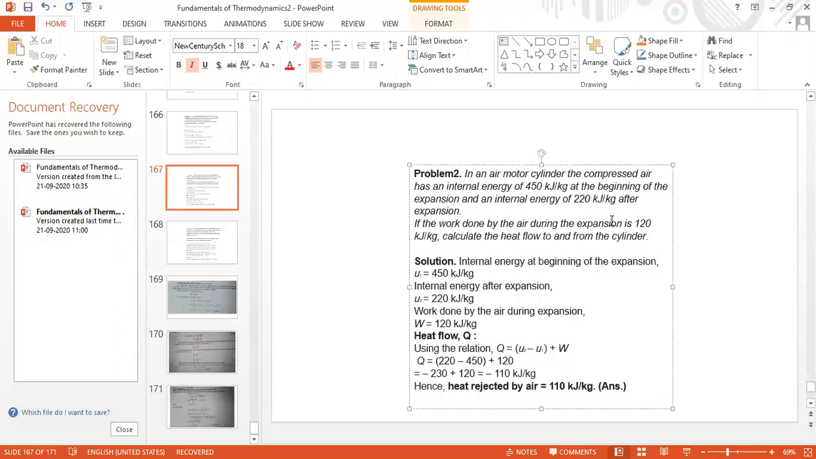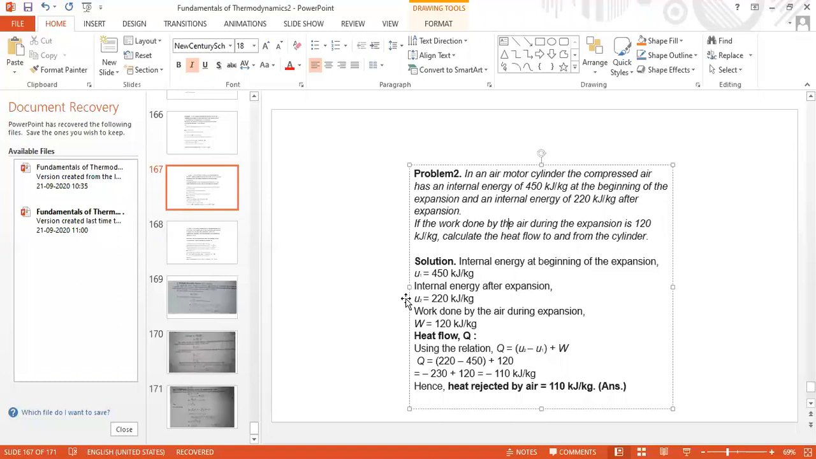What is expansion? What happens inside the air motor, or what happens in the earlier internal combustion engine? You don't bother about that. Initial, final, at the beginning or after the process is over. At the beginning, 450, so U1 is 450, and after expansion, after the process is over, U2 is 220. And now you tell me, what is given here is the work done by the air. Work done by some process is given. Is it positive or negative? Work done by